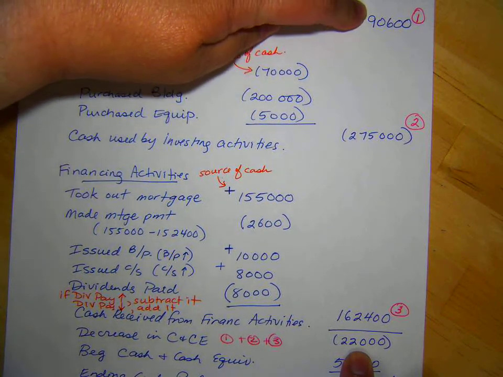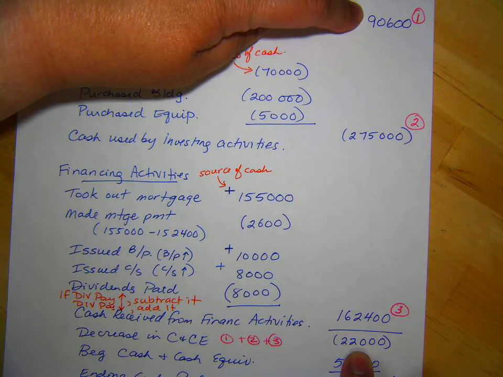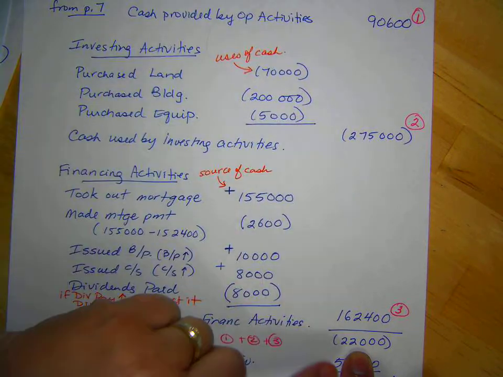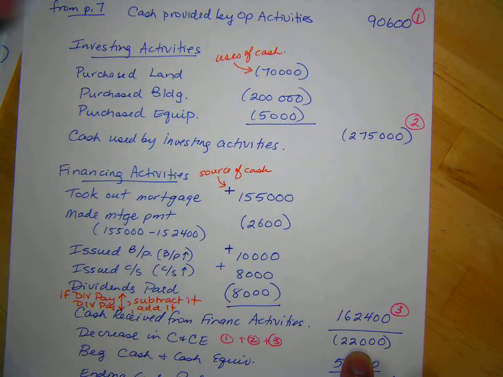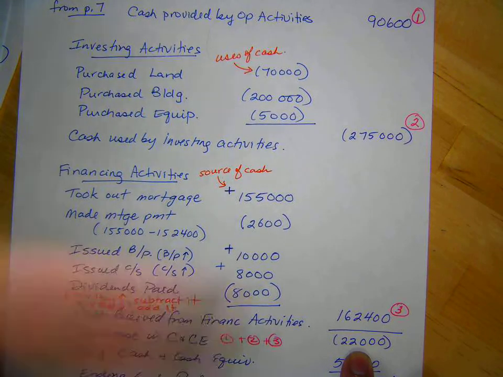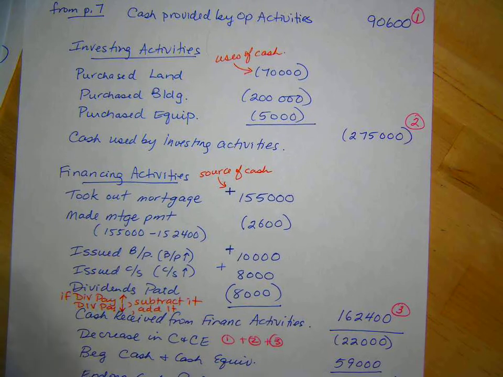Some is coming from operating, which is good, right? It's always good to have a positive cash flow in operations. But we can explain this by saying, oh, look, we had to invest in all of these. We had no land, building, or equipment. Must be early on in our business. So it was an investment. We paid for it, and here's our cash flow. Okay? Now, in terms of page 7,